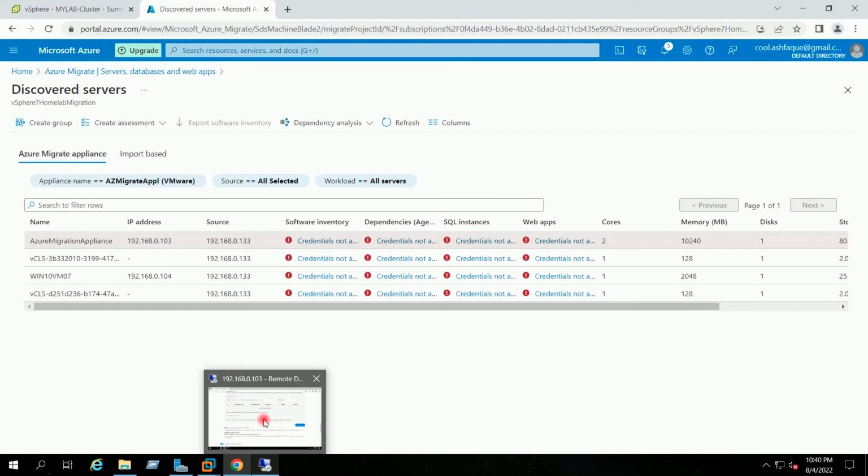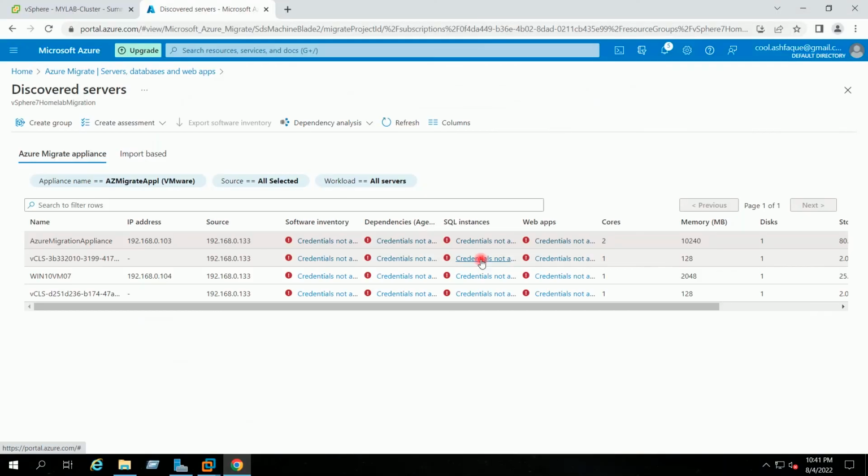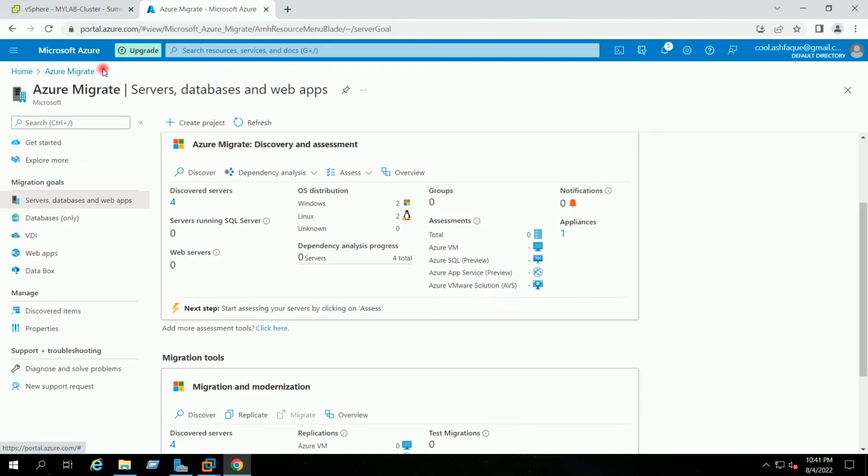I will now go to RDP and I will close the RDP of the appliance. As our discovery process has been completed, I will go back. Here you can see the count of Windows is showing as 2 and count of Linux is showing as 2.